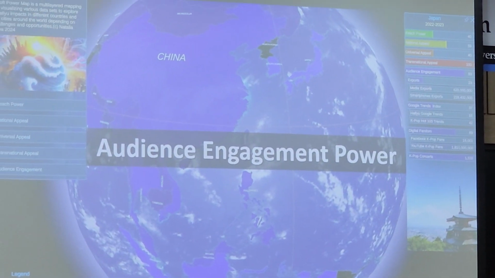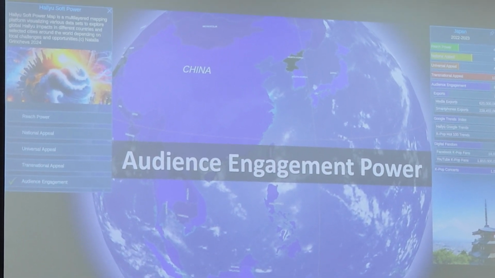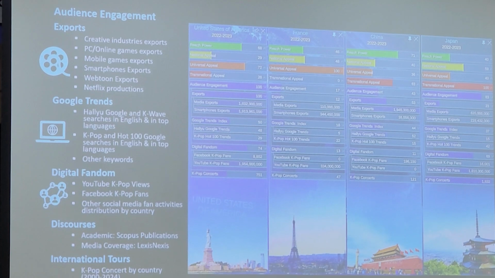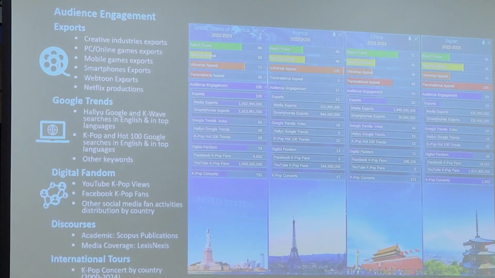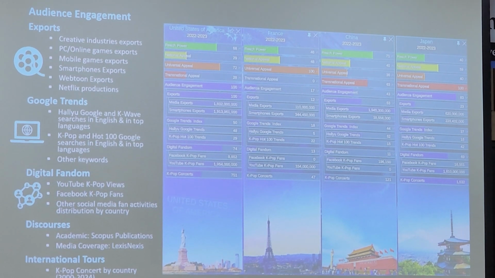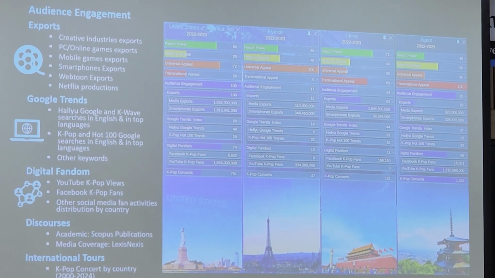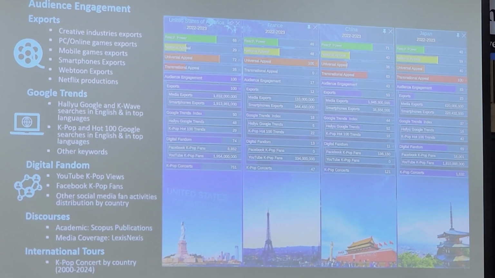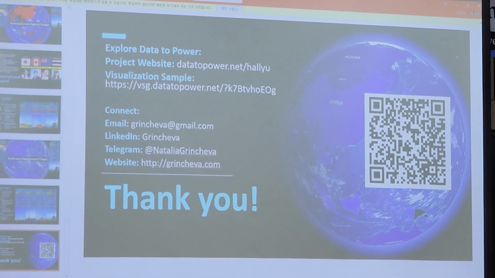And finally, we move from this resources stage into the outputs, into audience engagement, where we mapped some of the data, like experts, Google Trends data, digital fandom, all these different things, to see so far that the United States is actually leading in terms of audience engagement, with France and China also having quite high scores. Okay, so I would end here, and just to give you a very quick view